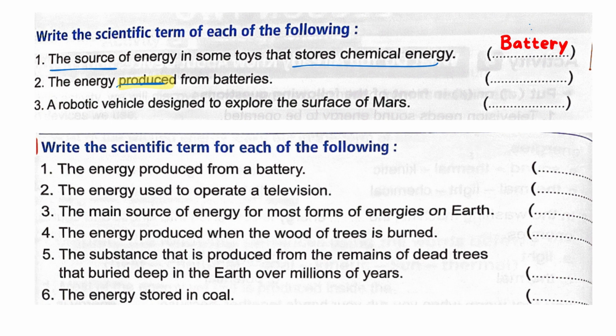the energy produced from the battery. What is the energy that is produced from the batteries? Yes, electrical energy. Okay, so the battery stores chemical energy and it produces what? Electrical energy to operate the toys. Okay. The third question we have,